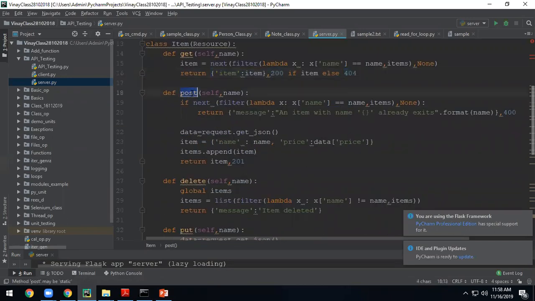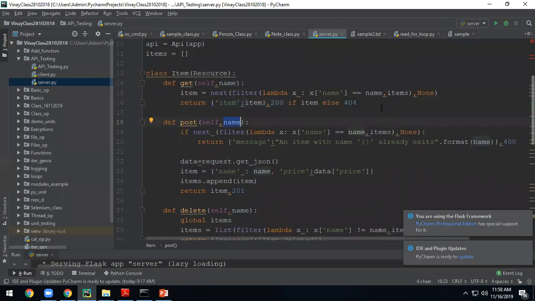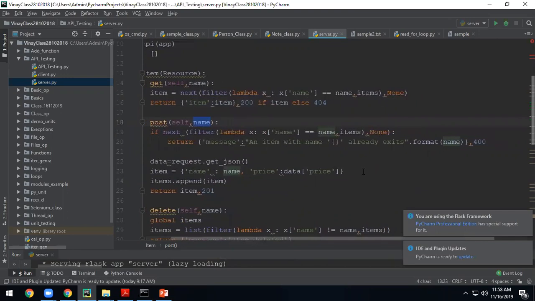Then post is a way to create a new item in the items list. So the user will have a name and will also pass some data. If that name is already available, I return none and say that the item already exists. Like say he has an item, chair, and the item is available. If he tries to post one more, trying to create another resource of the same name, he gets a message that it's already available, existing.